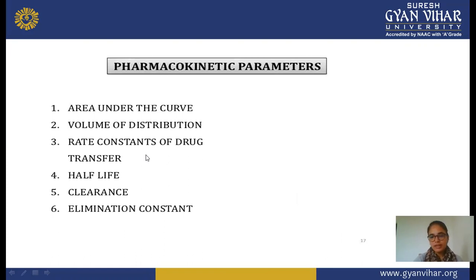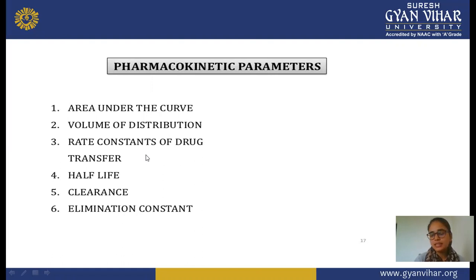And next are the pharmacokinetic parameters. These are the pharmacokinetic parameters in this modeling. One is area under the curve, where the maximum response or peak of your drug response is observed. Next is volume of distribution, meaning how much drug is distributed out in your body, and the total concentration of the drug distributed in your body. Next is the rate constant of drug transfer, meaning the constant rate at which drug transfers from one compartment to another compartment, such as a perfusion tissue. Then half-life of a drug, meaning the time in which half of the drug can show the particular therapeutic response. In this, we consider the half dose of your drug for a particular effect.